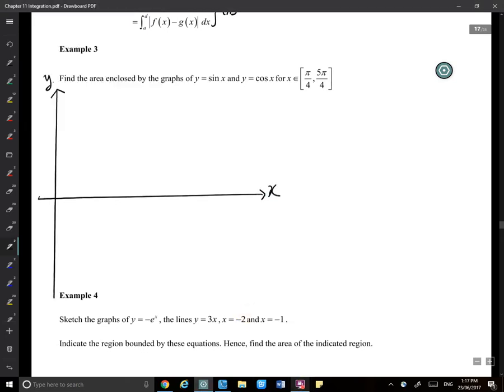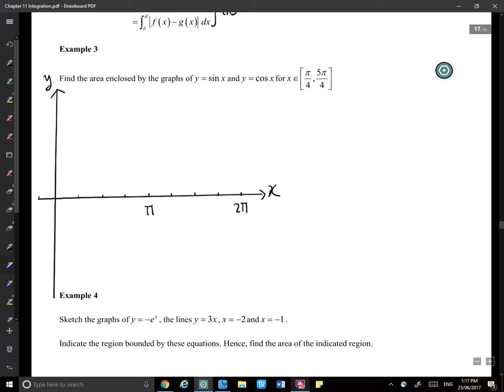Okay, and 1, 2, 3, 4, 5, 6, 7, 8. Here is 2 pi, here is pi, and then each one is pi on 4. Okay, for sine x,